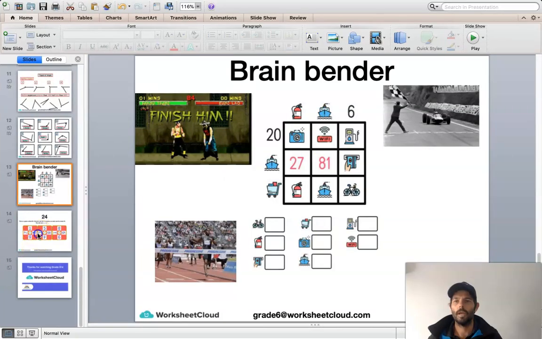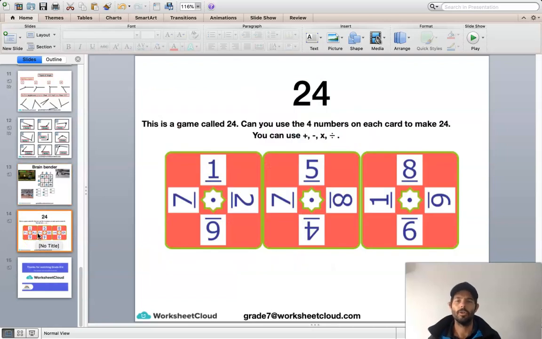The last thing for today is your 24 challenge, and remember you need to use the numbers on each card with either addition, subtraction, multiplication, or division to come up with an answer of 24. So on the first card you got 1, 7, 6, and 2. How can you use 1, 7, 6, and 2 to come up with the answer of 24? See if there's more than one way you can come up with an answer of 24. Challenge someone at home, and remember you've got to do it 3 times, once for each of the 3 cards you can see on your screen.